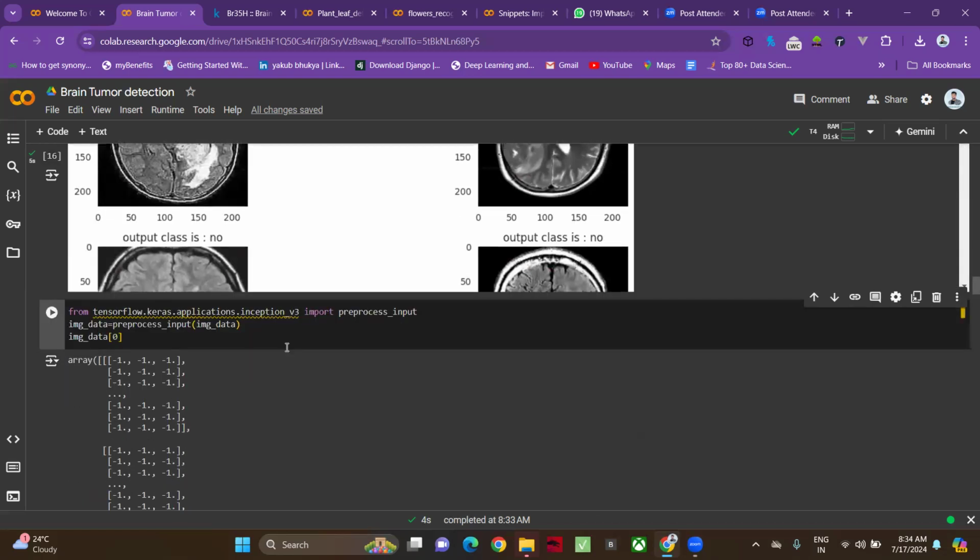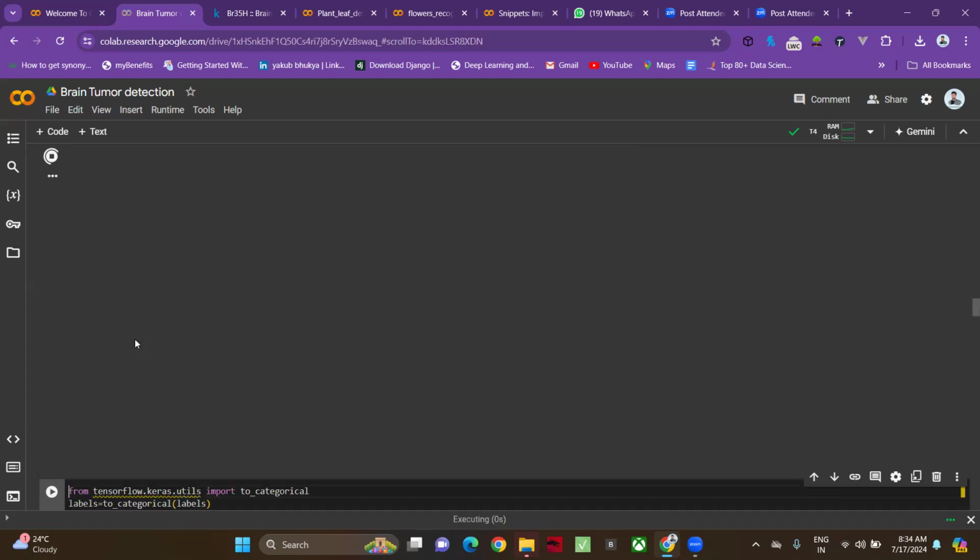So finally, the image pixel values will be in the range of 0 to 255. Here also we have to standardize each and every pixel. To do that, we'll take help of the preprocess_input function, and we can apply it on the complete image data, so that each and every image will be preprocessed and each pixel value will be converted in the range of -1 to +1. Here, image data of 0 means I am looking at the data of the first image,